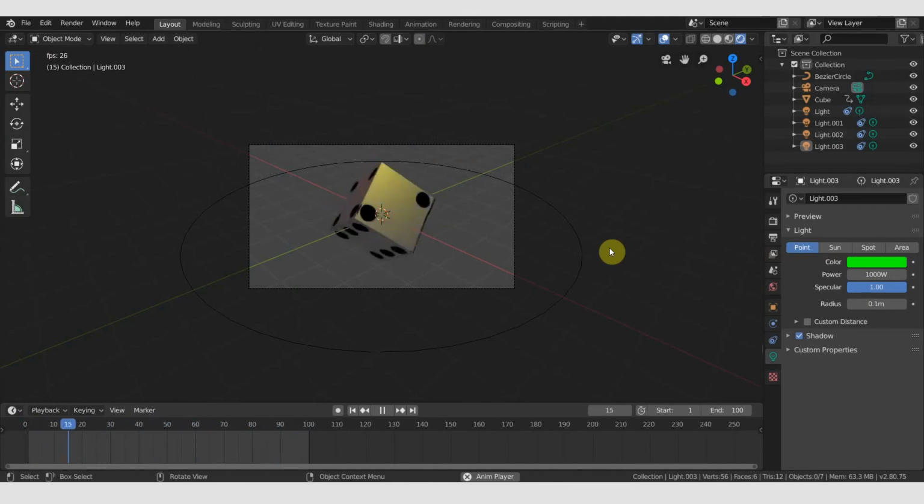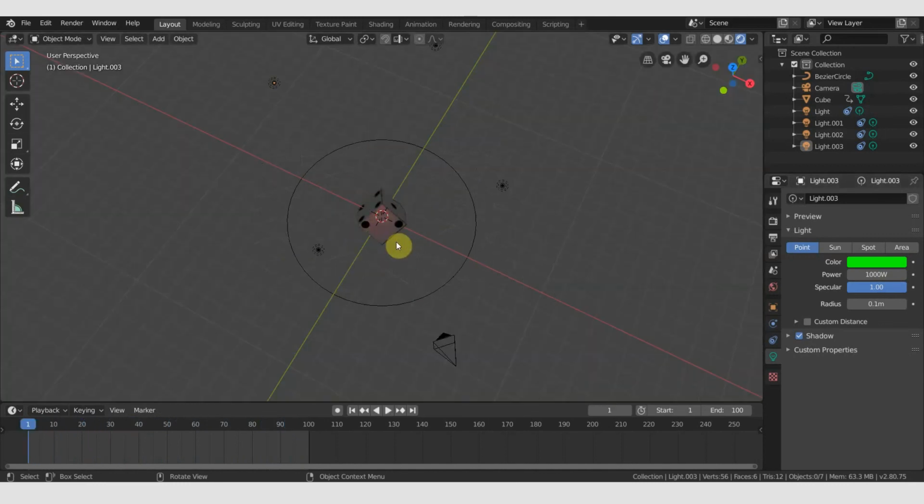And you can up the power here, and you can change other kind of properties. And then now that you understand how to use curves and animate things going around on curves, it's not hard to get the dice on a curve and other things. So you could set up another curve